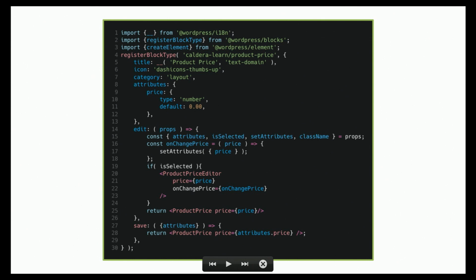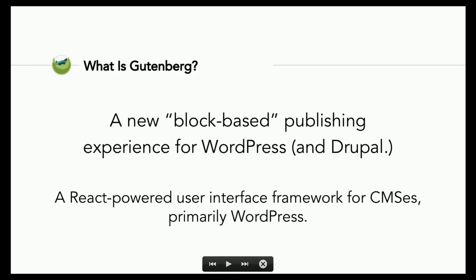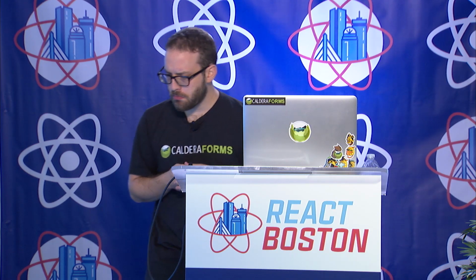And if you're looking at it and saying, hey, that looks like a change handler being passed to a React component that updates state, you are correct. This is totally written using React. So Gutenberg is a block-based editor experience for WordPress, but it's pretty decoupled. You know, it's a JavaScript application with NPM packages that some smart Drupal folks have imported into a Drupal module already. I saw another PHP CMS had done it as well. But it's also a user interface framework. We're going to see a little bit of that today, primarily for WordPress, but you can use it wherever.